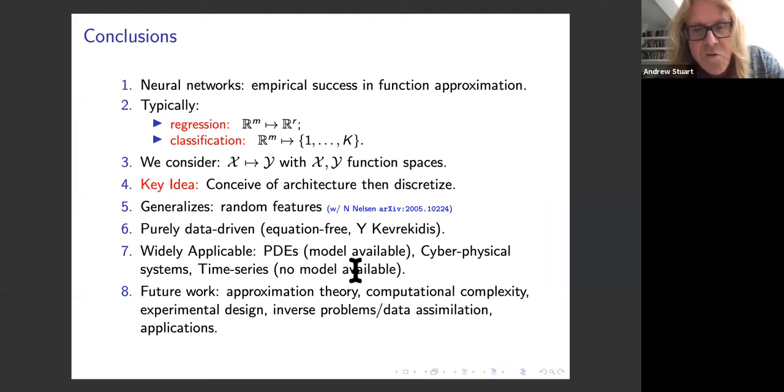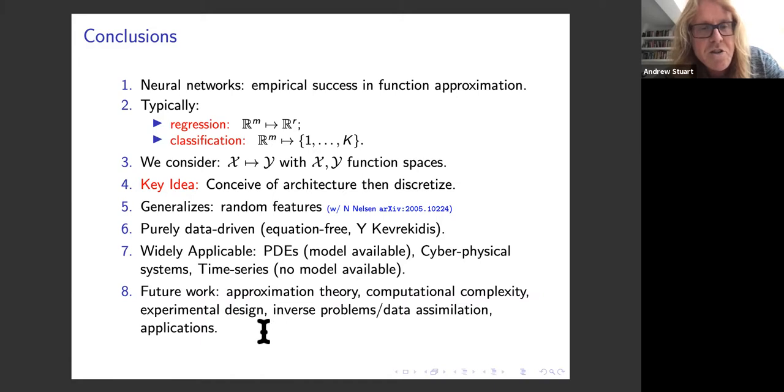And one thing that's food for thought that I just want to bring up is that neural networks in general, and you'll see this in all of the theory developed by everybody in this field, refer to the existence of a neural network which has certain properties from an approximation theoretic viewpoint, and never prove that we actually find that neural network. And I think that is a substantial barrier to the use of neural networks in a principled fashion.